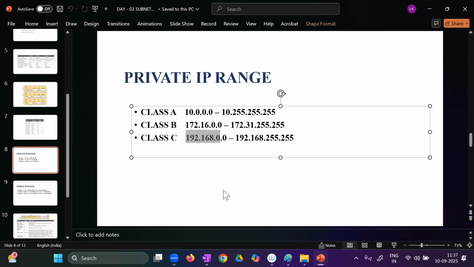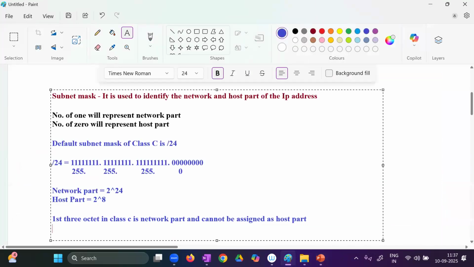No, you will get different numbers, but this is not from your side. Whose side is it? Network side. So these first three parts will not be used for assigning the IP addresses. You cannot change the first three parts to assign an IP to the client. Network will change it, but always the host part you will have to change. It means you have only one option to change in class C. And what is that option? Last octet, right? So what you will write in class C,